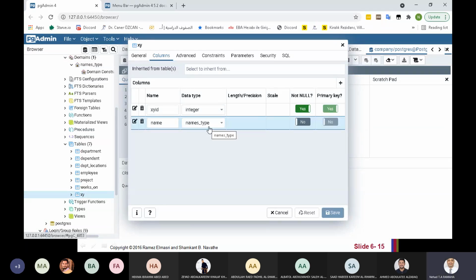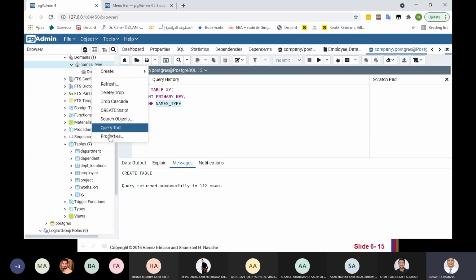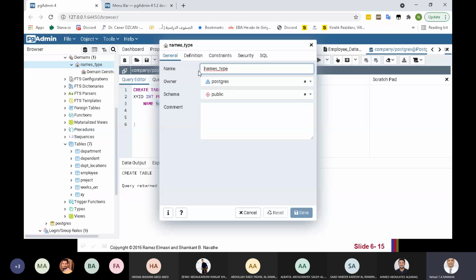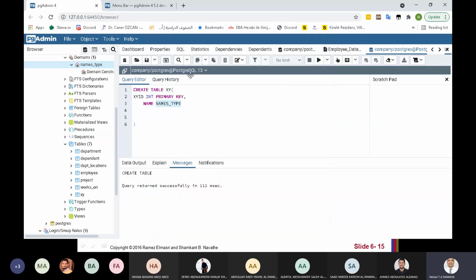If you want to insert data now, and you did not put data for the name, it will reject. Why? Because as you can see in the domain, I mentioned that it could not be null.